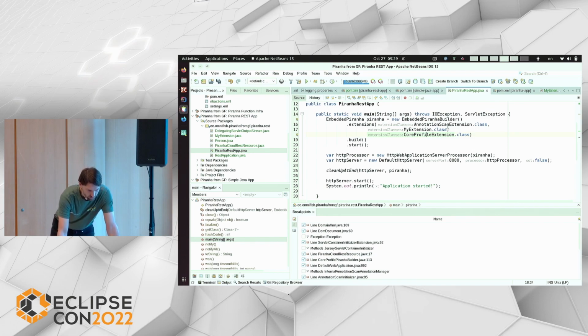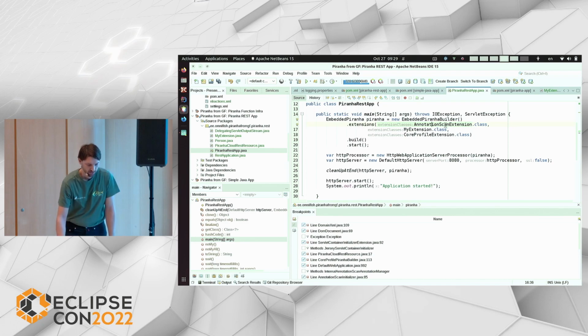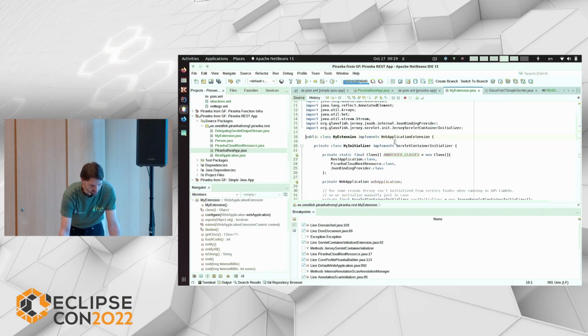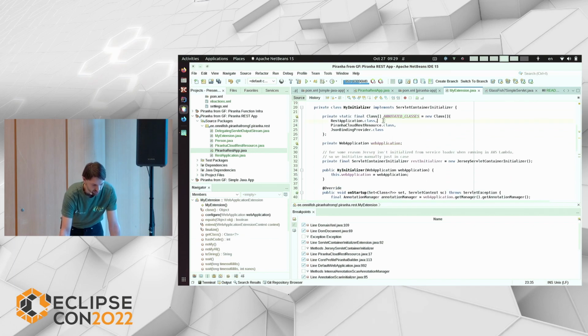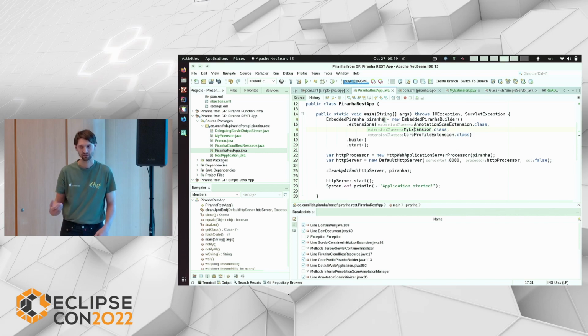And then I also added the annotation scan extension because Jersey needs annotations, so we add the extension to make Jersey run a bit faster. And then there is an example of my own extension, which basically discovers the annotated classes and makes them available for Jersey. So it provides information for the scan extension.